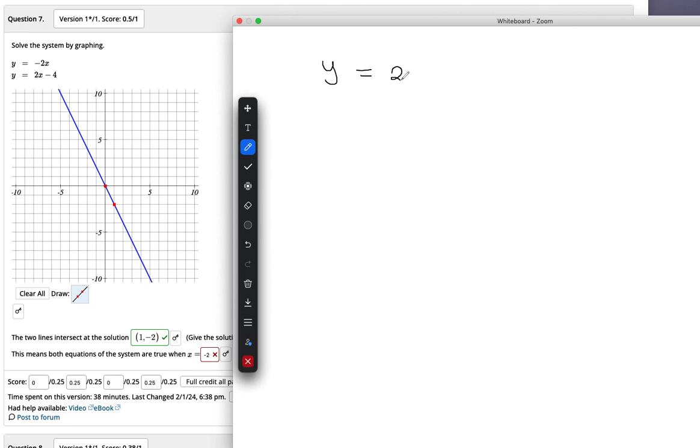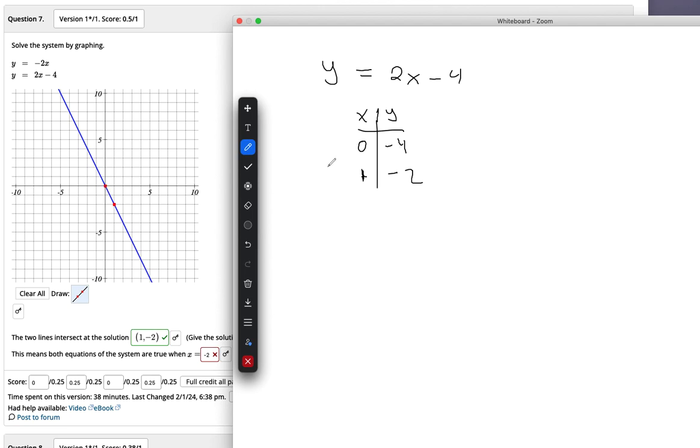So y equals 2x minus 4. If I want, this will always work. So if I let x equal 0, 0 minus 4 would be minus 4. If I let x equal 1, it's not a very good one, 2 minus 4 would be negative 2. So that's totally one way to get there. So when x is 0,